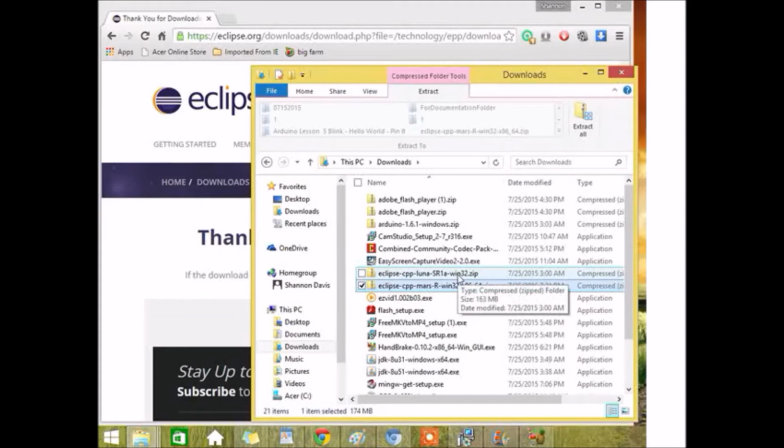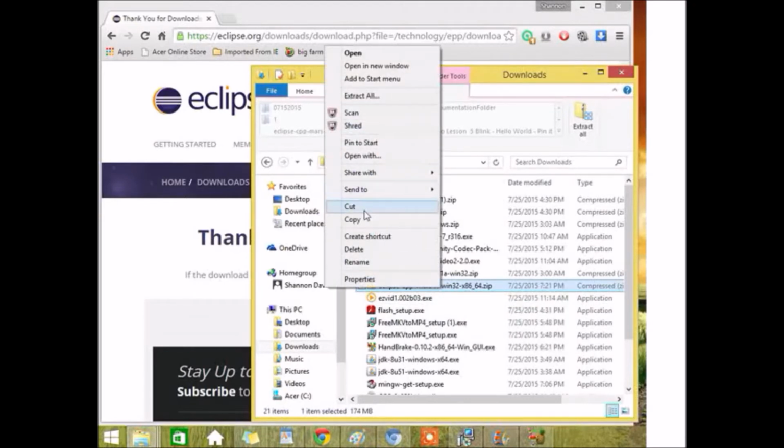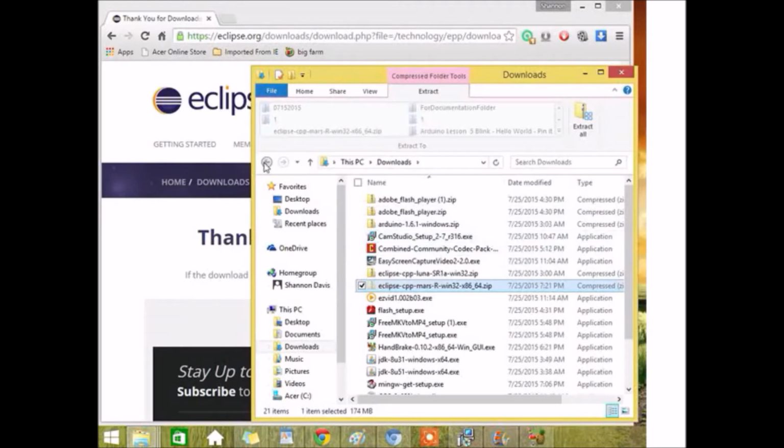See, this was the original Luna that I did. And it was a 32. So that was one of the issues. And I actually got a newer version than Luna, and it's in a 64-bit, so I say go with it. So let's go ahead and cut it